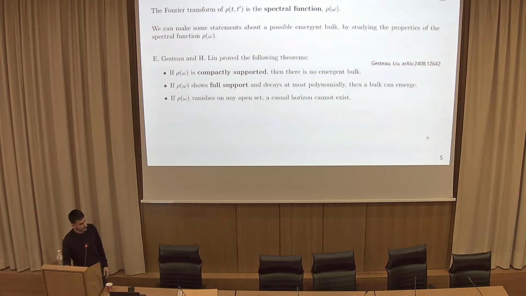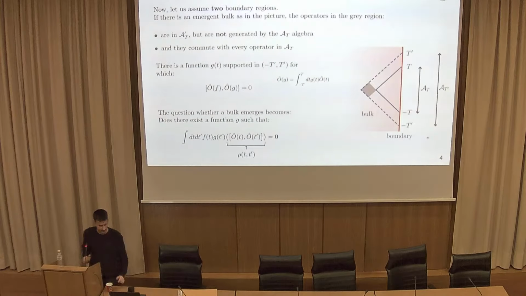Yes, there could be an emergent bulk. So can you say what exactly you mean by emergent bulk? That we could have this kind of picture. We could have a boundary described by some operators, boundary operators, and then we could find a bulk theory and a connection between these bulk operators and the boundary. But my question is, what is the data that you start from?